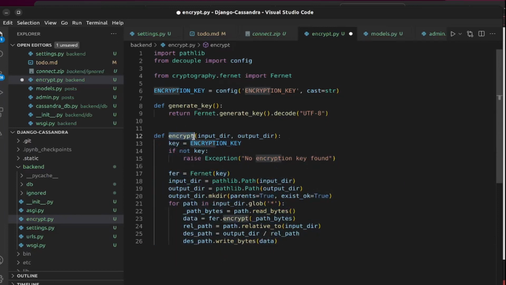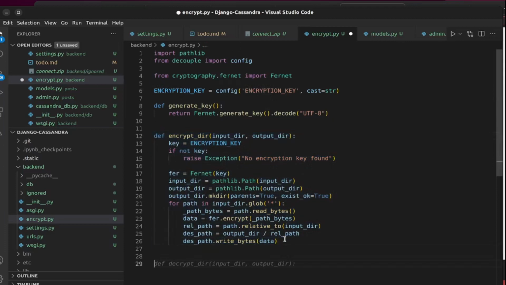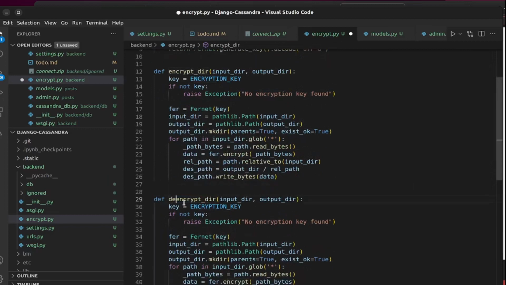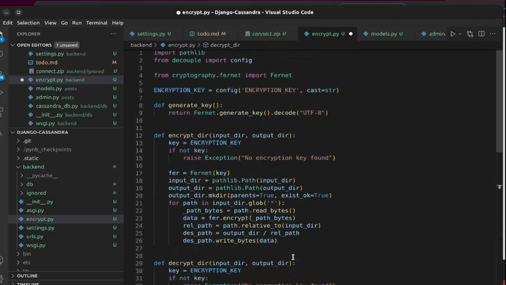It's going to be encrypt_dir, and then we are going to write a decrypt_dir. The input dir is the same, output dir, and then here, instead of encrypt, it's going to be decrypt path bytes, and everything else seems to be the same. Yeah, so this is our function,